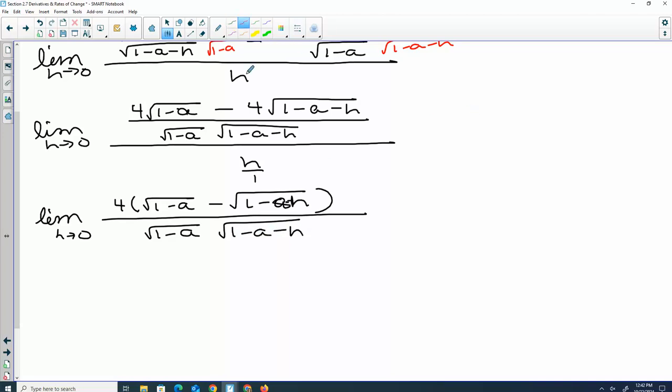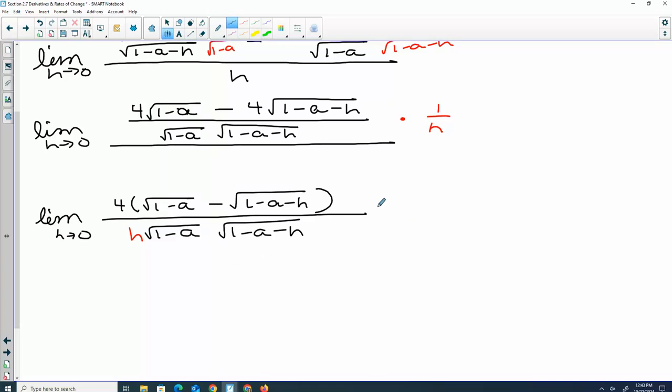We already said if I wanted to take it divided by h over 1, that's the same as times 1 over h. So could I just throw that h on the bottom here with that? Okay. So why would we do that? How did it end up there? If you are dividing fractions, that means you multiply by the reciprocal. So dividing by h is the same as times 1 over h. You multiply the tops. That h is just gonna be